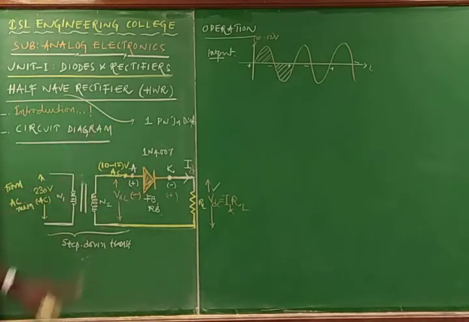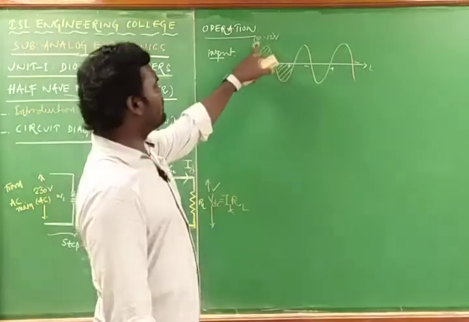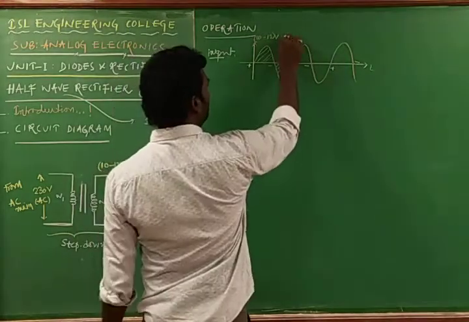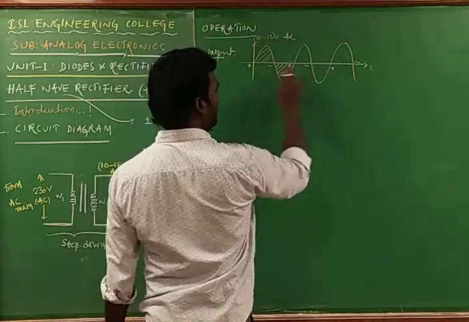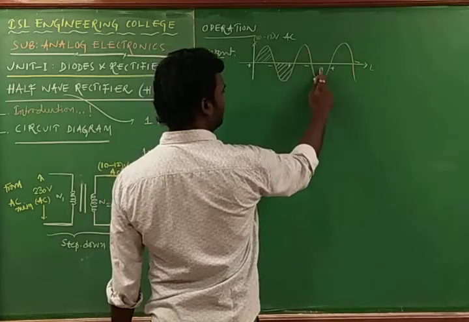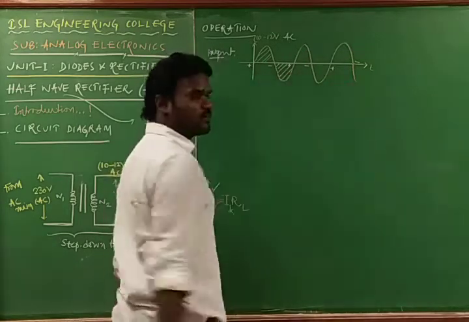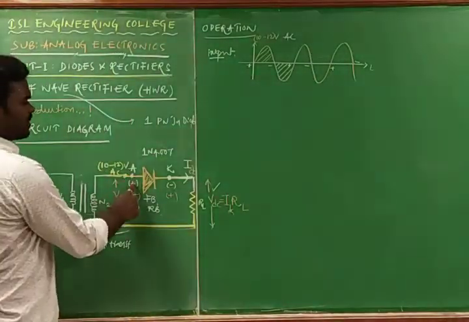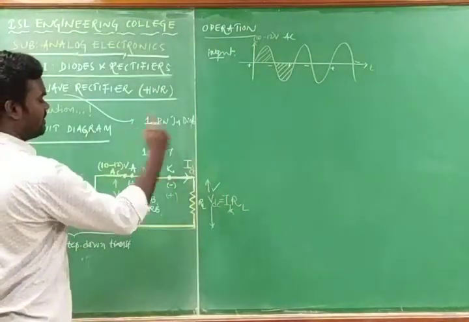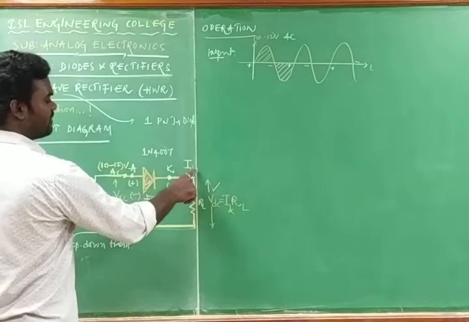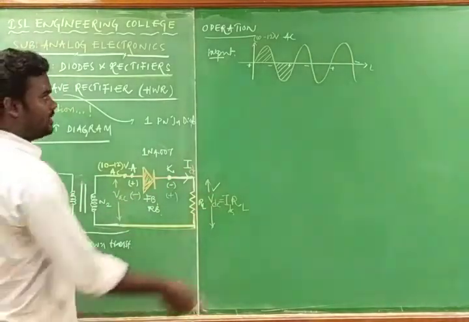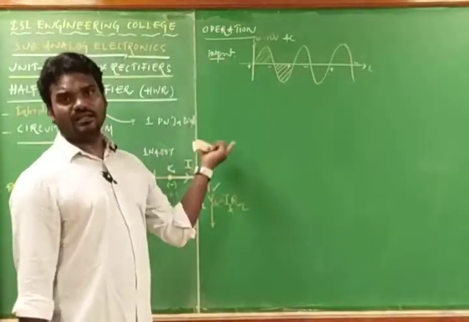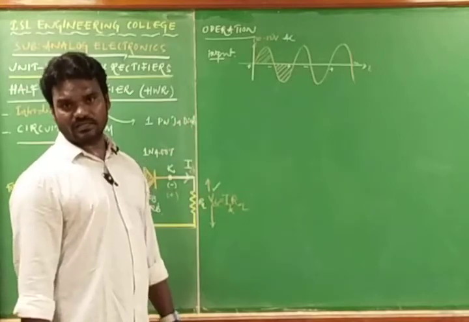The operation is very clear. This is the input voltage of the rectifier, about 10 to 12 volts of AC signal. AC stands for alternating current, and this is positive half cycle, negative half cycle, positive, negative, such that we have identified the polarities for the half cycles. In the first, positive half cycle, the anode gets positive and the cathode gets negative, so the diode will be in forward bias such that it can conduct the current. If there is a current, there will be the voltage. And during the negative half cycle, the diode gets into the reverse bias, so there is no current and no voltage.